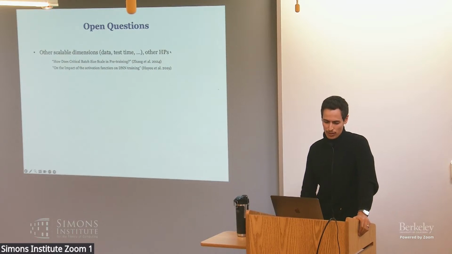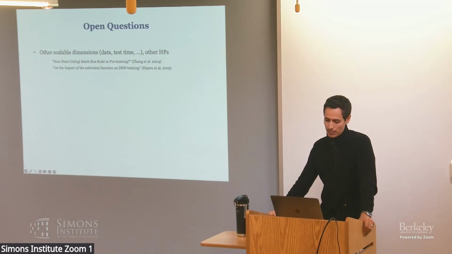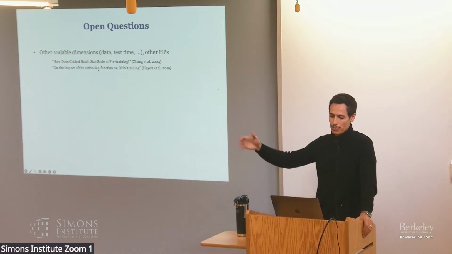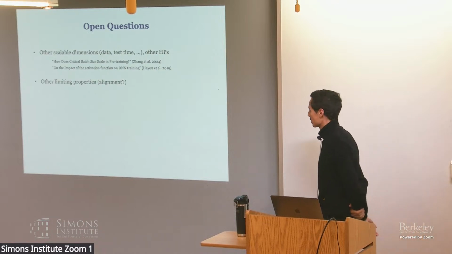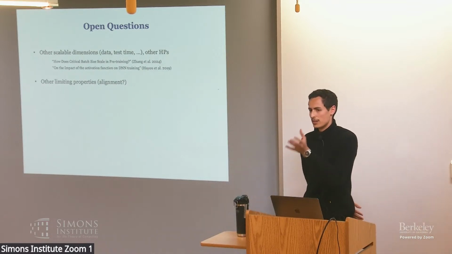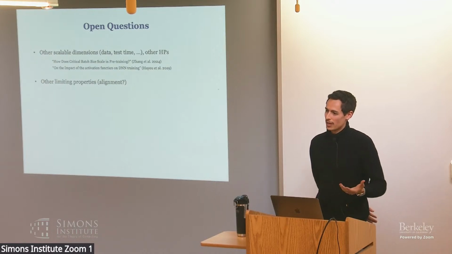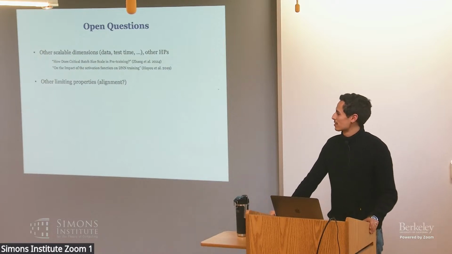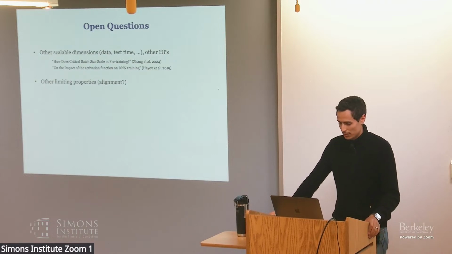I know that Jianfeng worked on how the optimal batch size should scale with width. We also did some work on how to adjust the activation function as you scale the depth of the neural network. You can even generalize this to other limiting properties of the model. Instead of just wanting stability in the limit, we may want something more than that. Maybe we want the model to remain aligned as we scale. That's a more complicated property, but we can think about these kinds of questions.